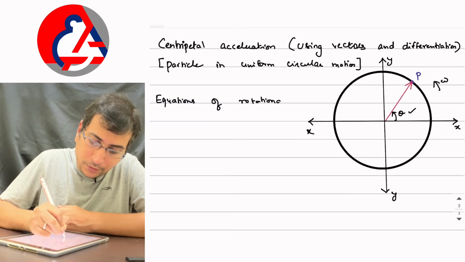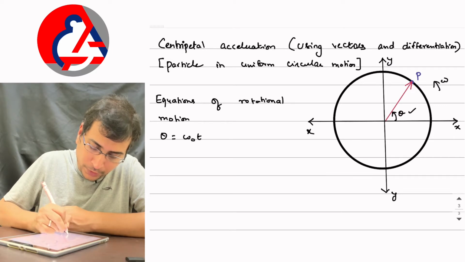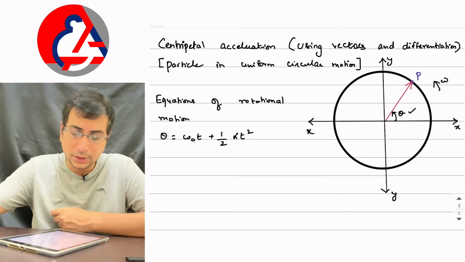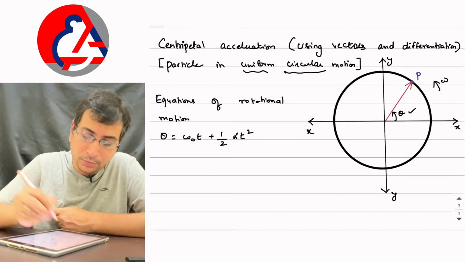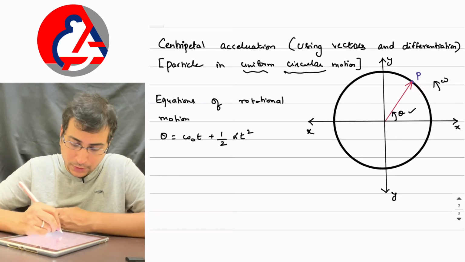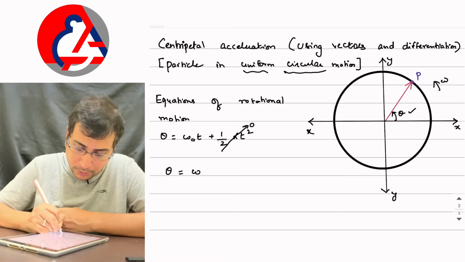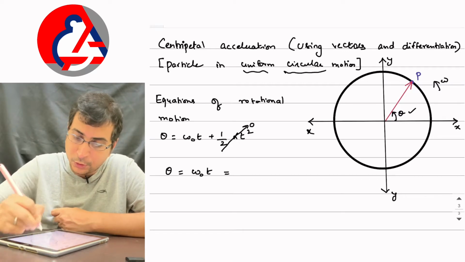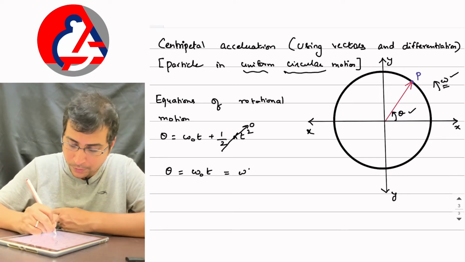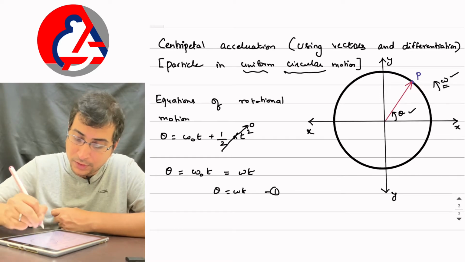So according to the equations of rotational motion, we know that theta is equal to omega naught into t plus half into alpha t square. So in the scenario, as the particle is having a uniform circular motion, the angular acceleration of the particle is going to be 0. If that is the case, this parameter can be eliminated, right? So theta will be equal to omega naught into t, and omega naught is nothing but the angular velocity that the particle has. It has a constant angular velocity omega. So omega into t. So theta is equal to omega into t is the first expression that we are going to have.